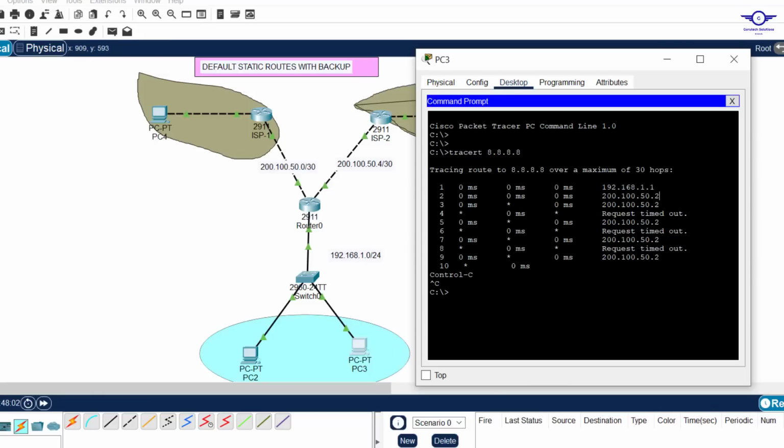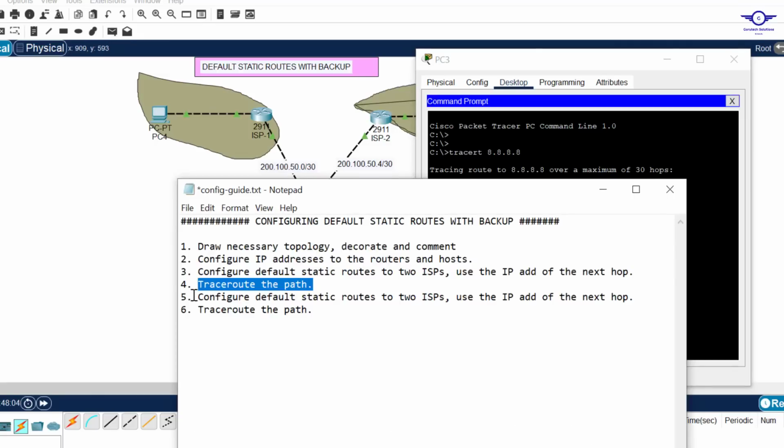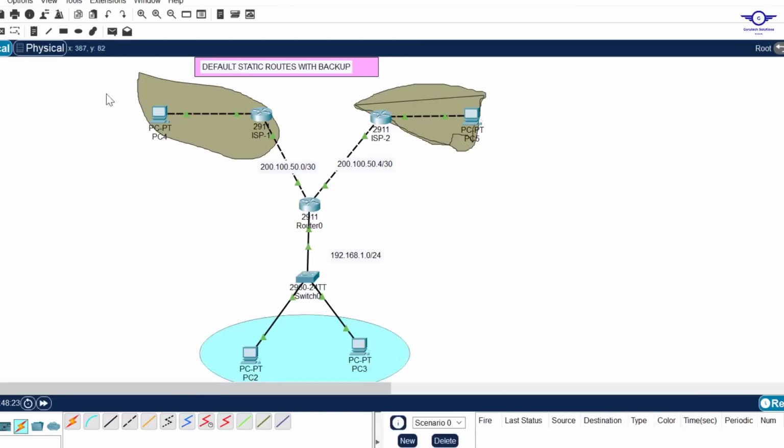All right, so when you go back to our notepad, configure default static route to 2 ISPs, using here should be the backup now, or the floating static route to the ISPs, and use that one. So remember, this is our primary path. Now let's make this our secondary path, such that when our main ISP or the internet source is down, then the secondary one will pick up. So I just go here